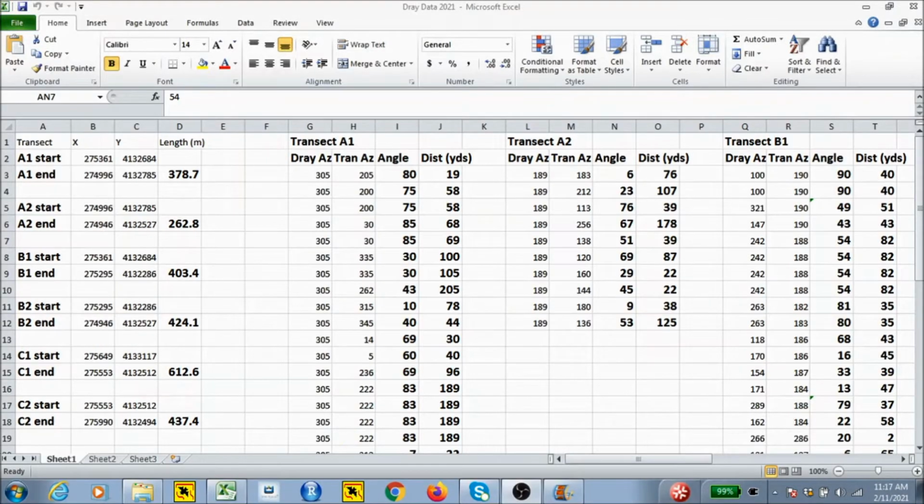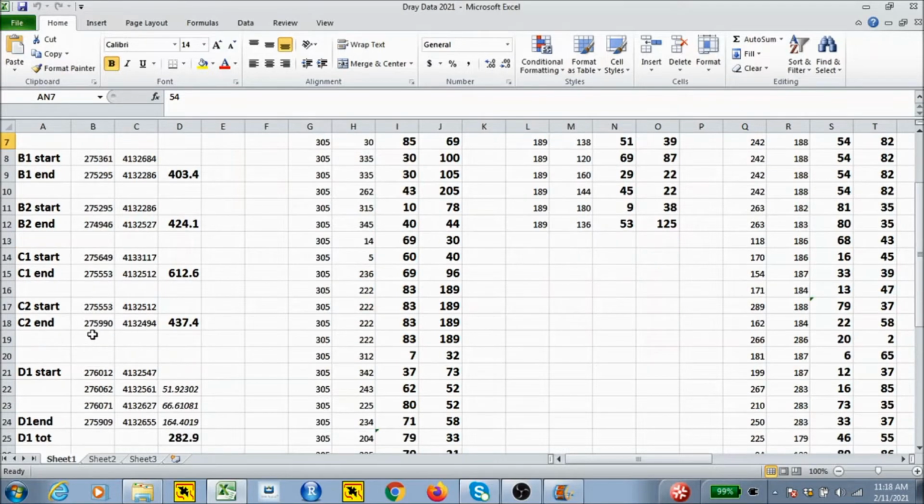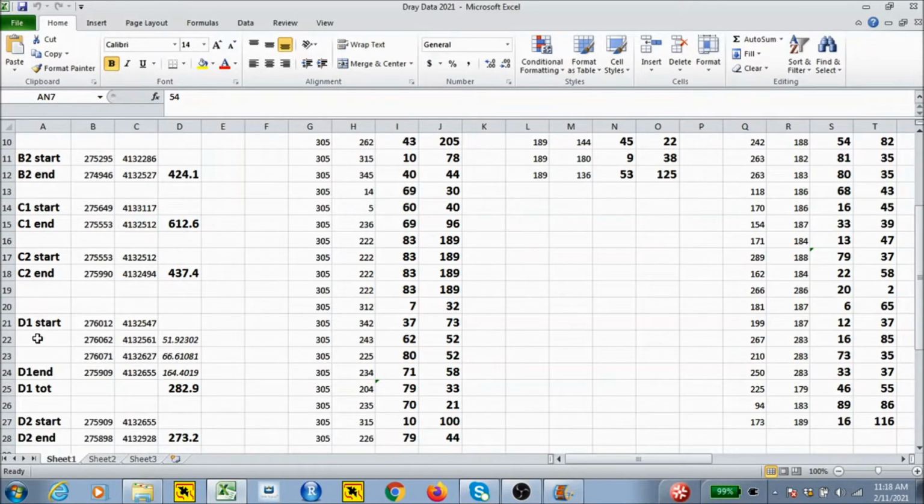In this lab, we're going to use the dray data that we collected at Kapahau Park and around the campus to estimate population densities of gray squirrels. So here is the open Excel spreadsheet, and if you look at that spreadsheet, you can see that we have